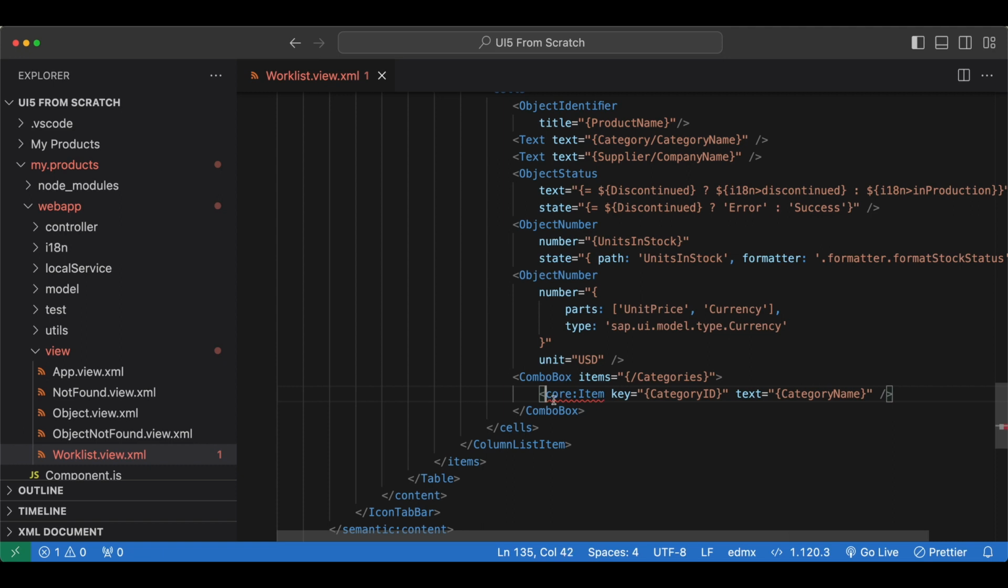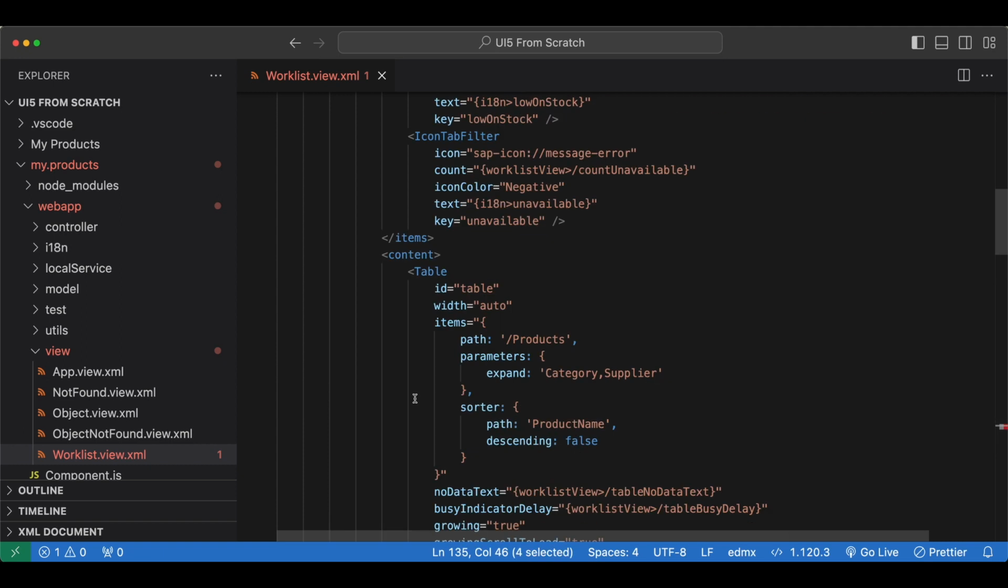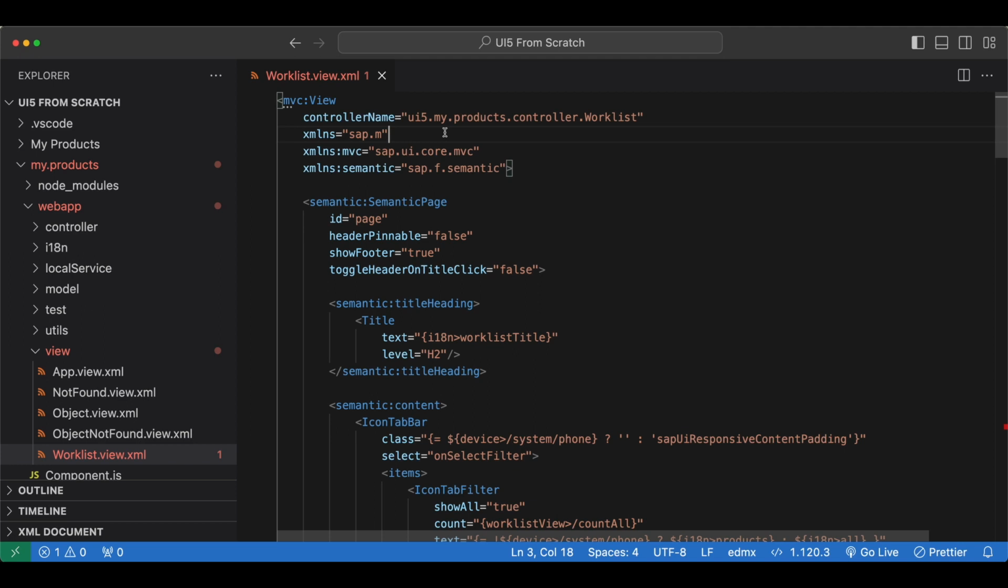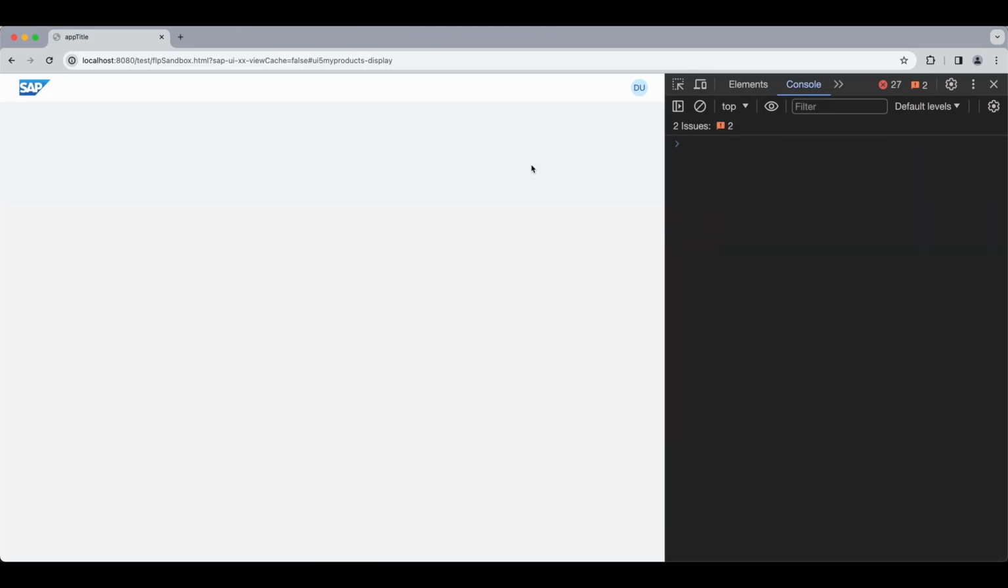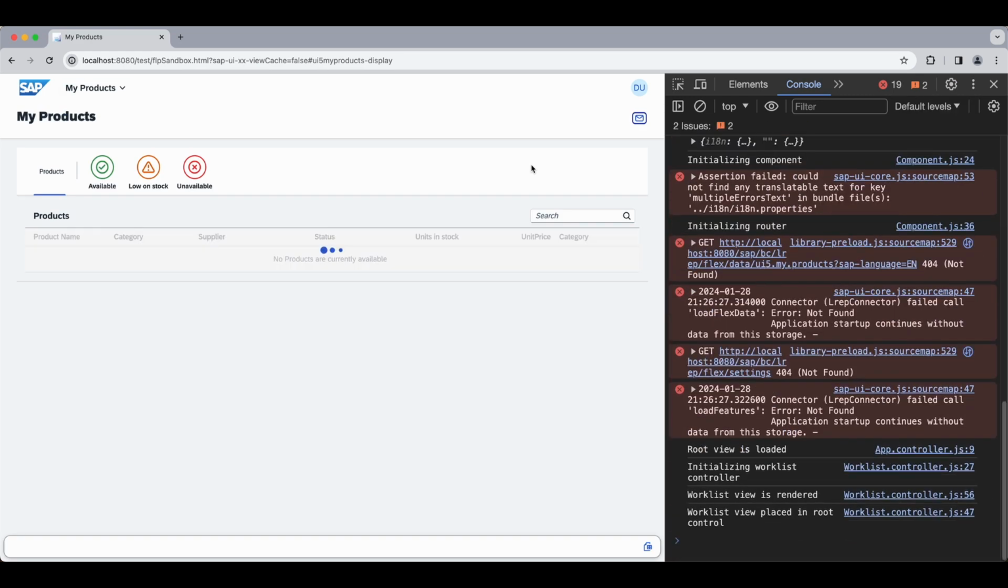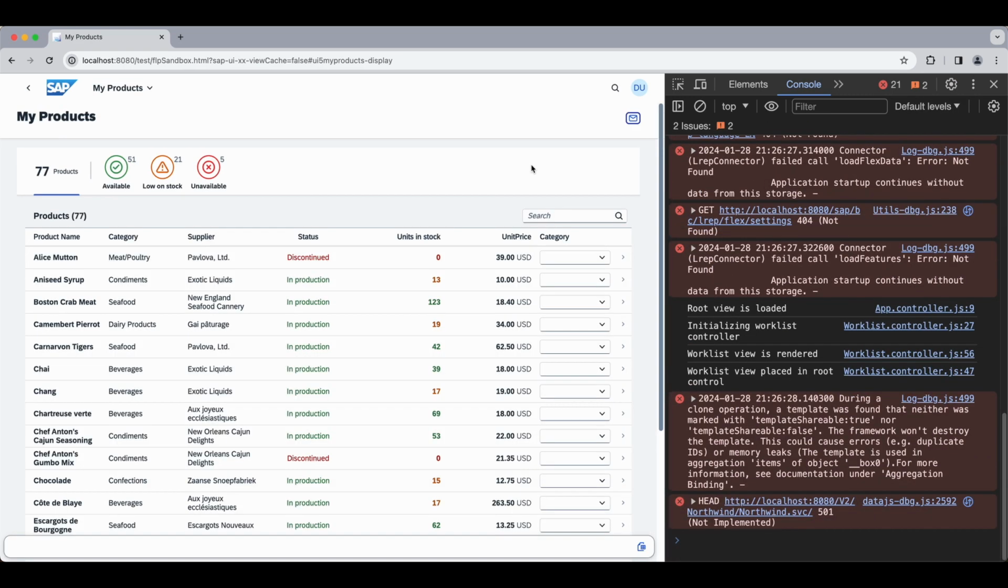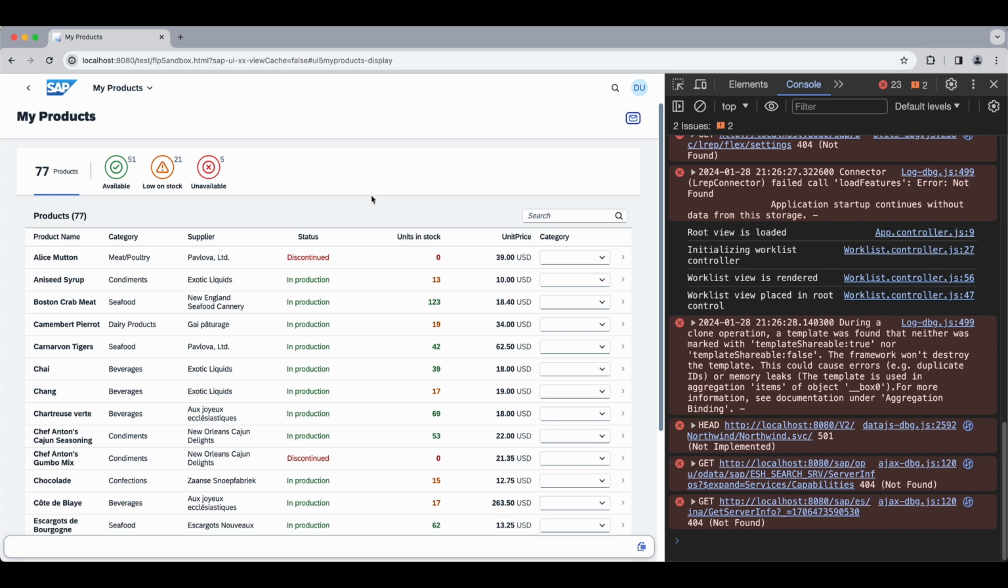Now let's save, and we need a namespace for the core library, so let's add that as well. From sap/ui/core. Now let's save and open our app again. Now we see that our app is still working fine, but we see this error in the console about the